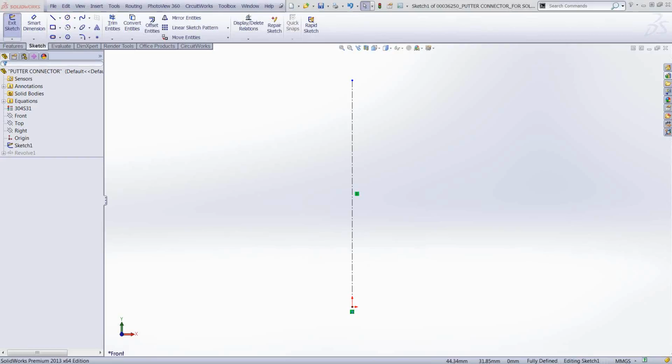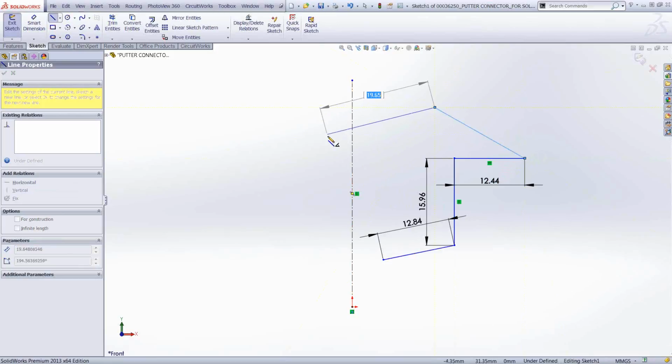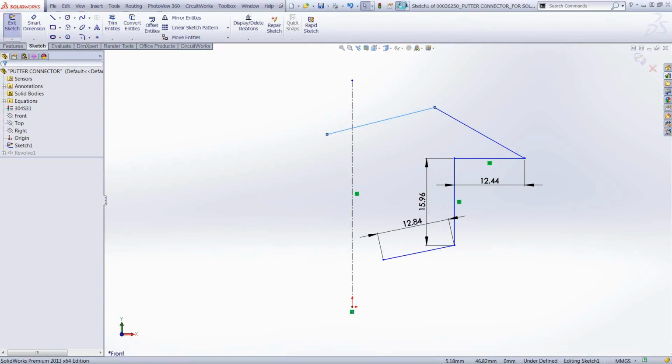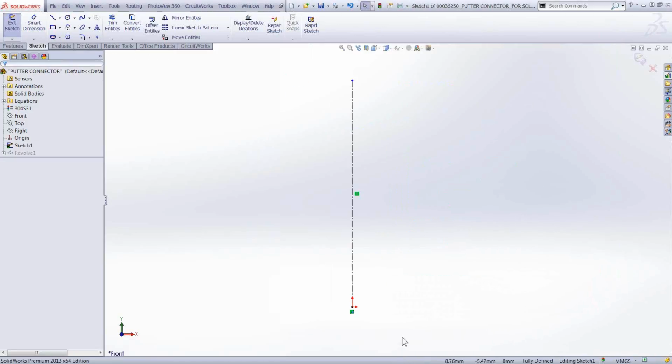So I'm going to go ahead and turn my screen on here so that y'all can see this construction line. I'm going to start with the internals of SolidWorks 2013. Something we've had for a while is the ability to add dimensions on the fly as we create model geometry. Normally we would turn this off by holding the Alt key down when we clicked so that it didn't happen. Well, new for 2013 is an option so that if we want that ability turned on, but we don't want it on all the time, we can have it create a dimension only when we input a number into